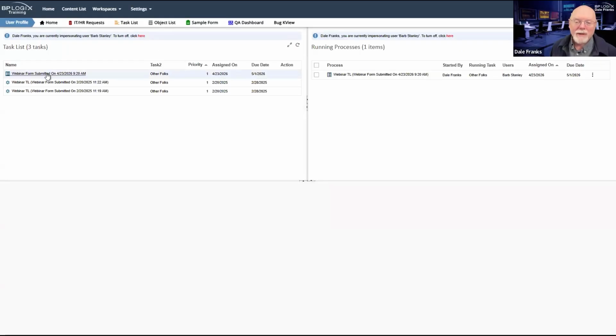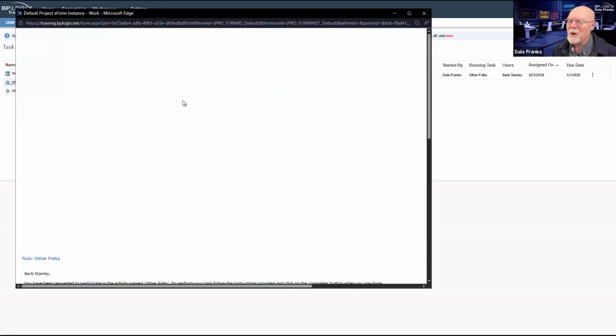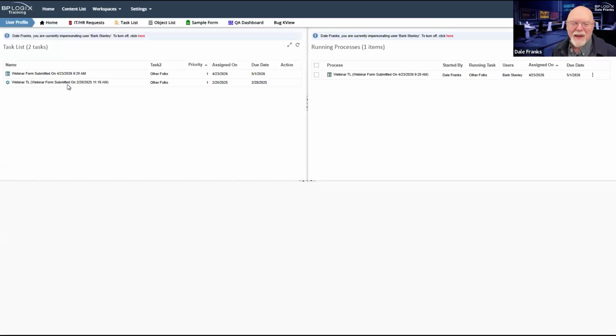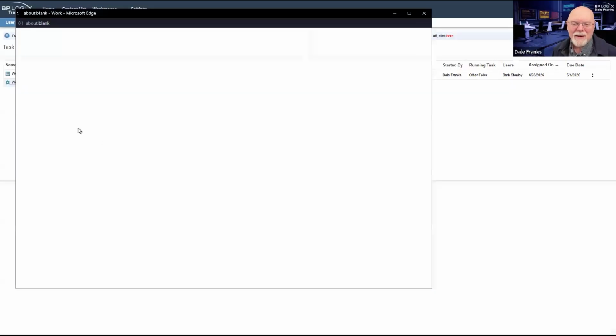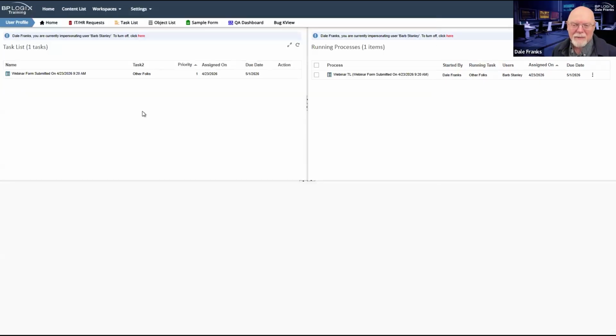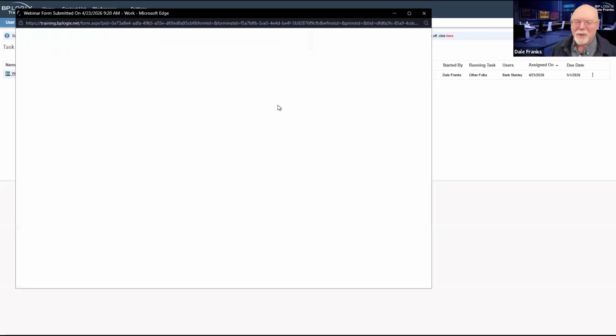And when we do, Barb has a task assigned to her. Actually, Barb has a couple of tasks assigned to her that are still running. So I'm going to end that task. And these are old tasks, but we'll end those. And then here's the task that is currently the one that we're interested in that's still running.